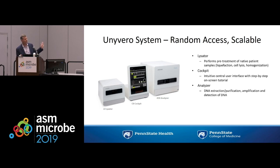On the far left, you'll see the lysator. The lysator performs pre-treatment of native patient samples. So this is where specimens are liquefied, where samples are lysed to release the nucleic acid, and then homogenization takes place. The cockpit is basically